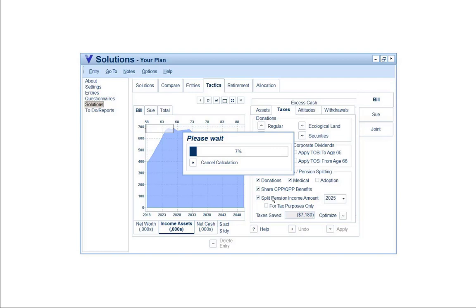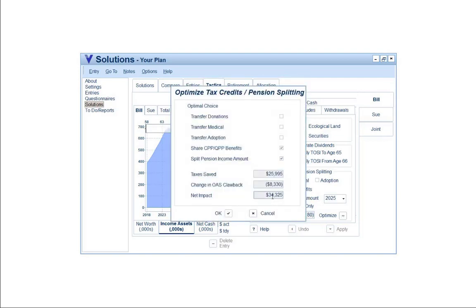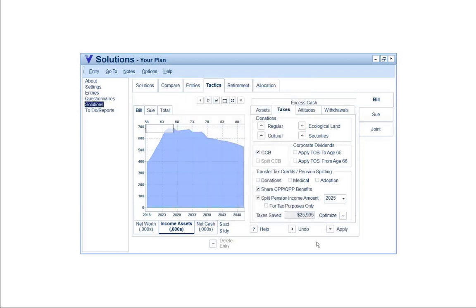So we can see that the optimum for them is sharing CPP, splitting pension income. They'll save taxes of about $26,000. They'll reduce OAS clawback by about $8,300 for a net impact of $34,000. So these are some of the things, again, that you can do with clients and do them live as part of showing value. What I want to do next is I want to bring up the document that you should